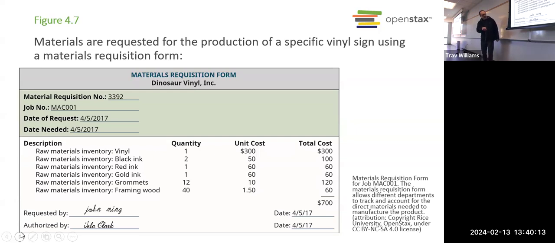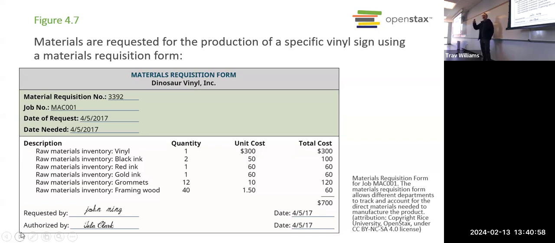So you would put your name that you requested it on this date and who authorized you to get those materials from the storeroom. The manager. Yeah, the manager, right. So this would provide a paper trail, right? To make sure those materials are not just disappearing. We know who asked for them, who authorized it, what job they were used for, and it makes it hard for anybody to just accidentally walk out the door with a roll of vinyl, right? Unless they're in cahoots, that's true. Yeah, that's true. So you might need to check up on Tyler. I can't even read what it says.